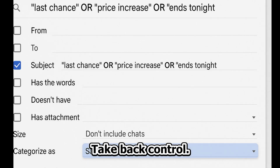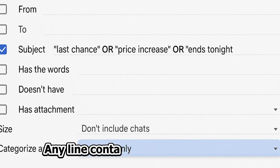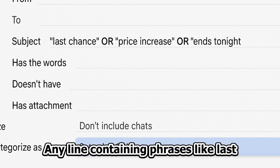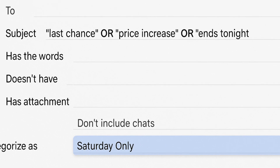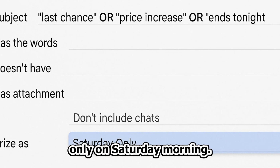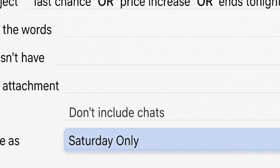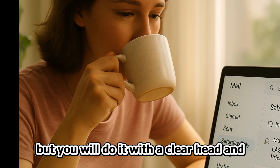Take back control. Create a cool-down filter inside your email account. Any line containing phrases like "last chance," "price rise," or "ends tonight" lands in a folder you open only on Saturday morning. 4 quiet days act like a windshield wiper on panic. If the cost truly matters to you, you can still act, but you will do it with a clear head